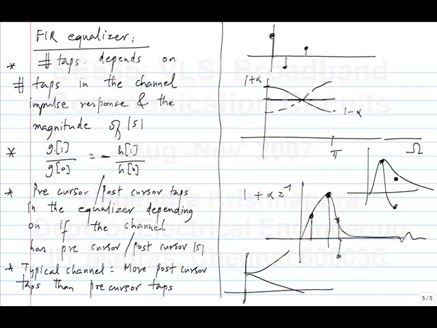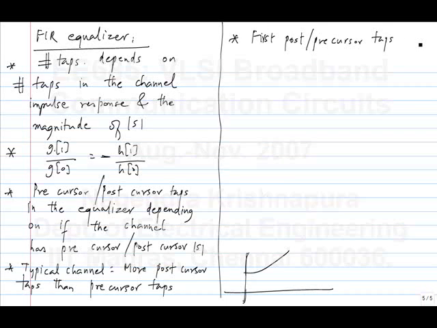And if you go far out from it, I'm not talking about the first one, but if you go far out, you can have both positive and negative. It's only the first one that you can reasonably say is positive. That's because you only get low pass channels. It's harder to transmit higher frequencies. First post and precursor taps of channel response